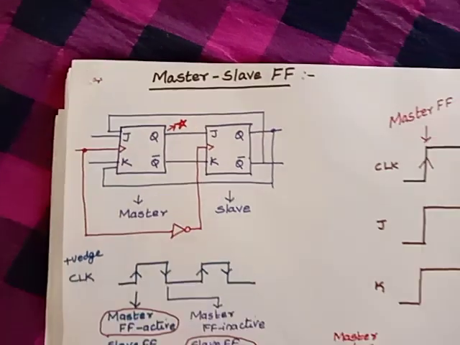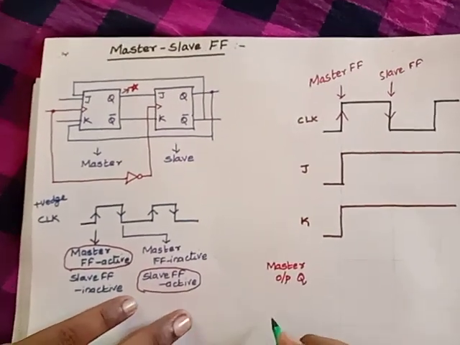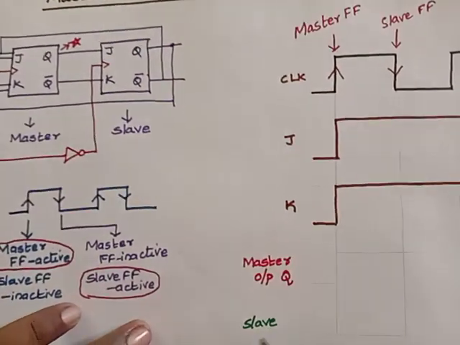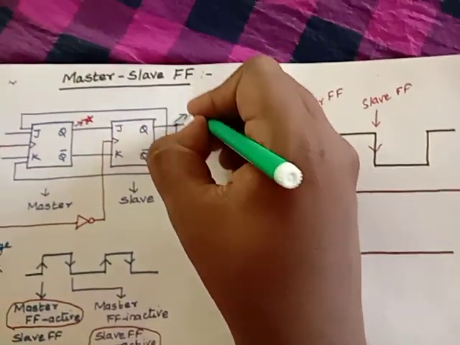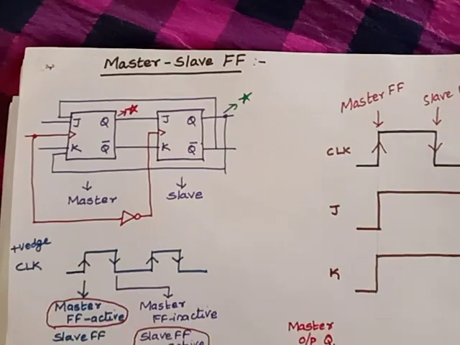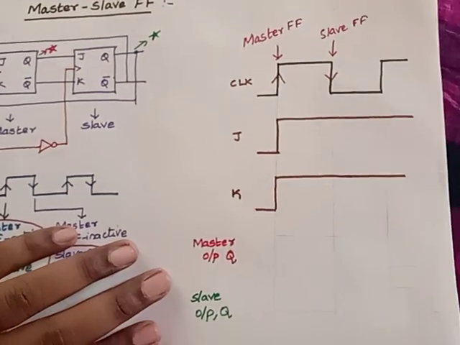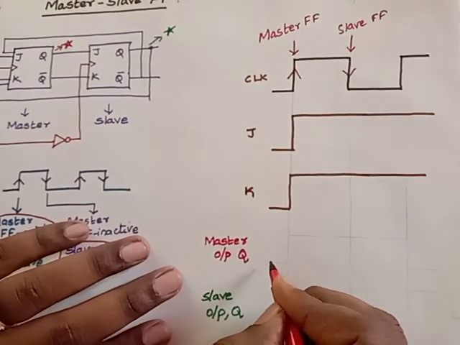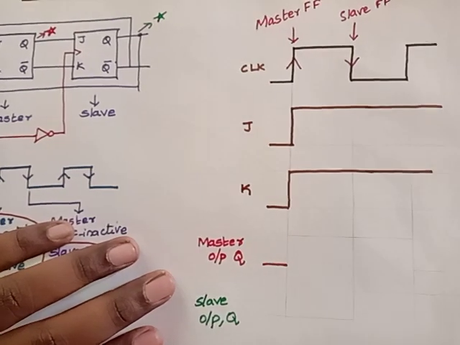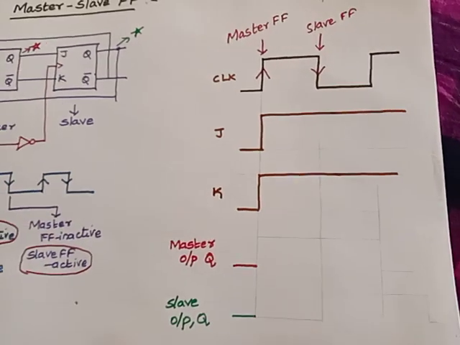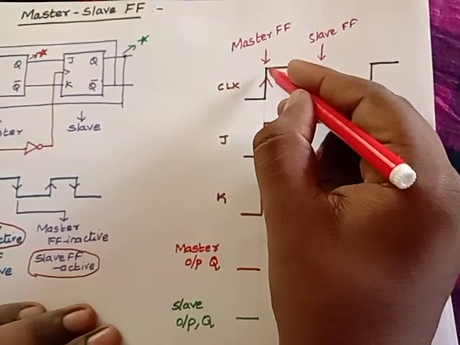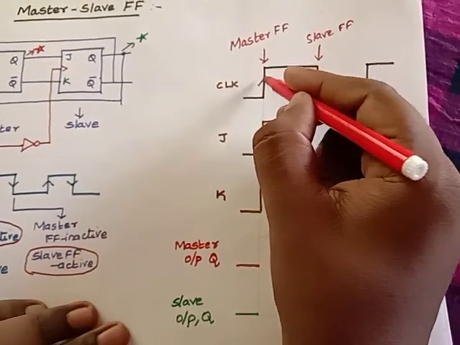This point. Next, I am going to draw your slave output as your next waveform Q, that is this point. Clear? Now we'll see what it is. Now assume that your master flip-flop is initially at 0 position. Similarly, your slave output is also initially at 0 position. Clear? Now we have followed edge triggering. At this end, this is positive edge triggering.